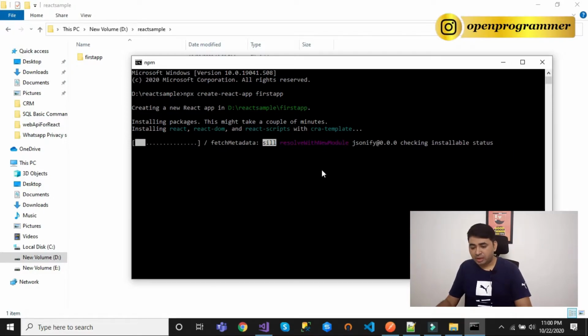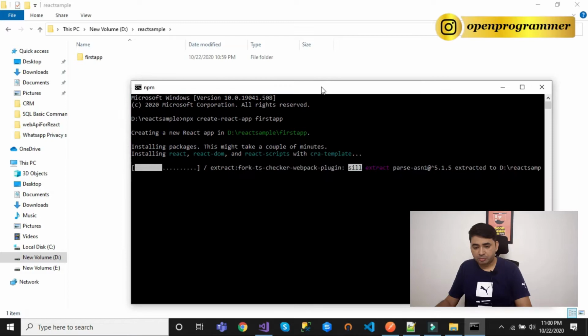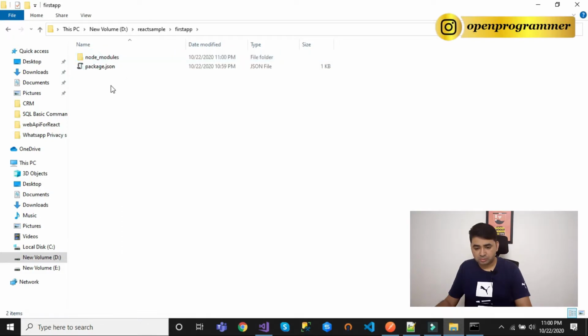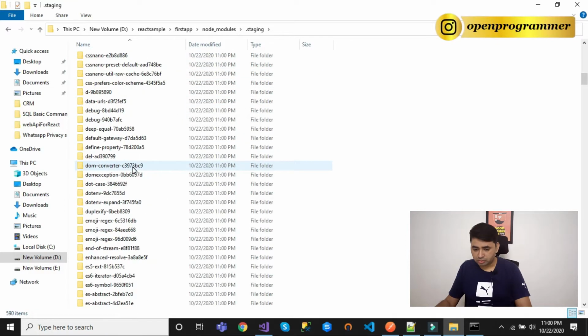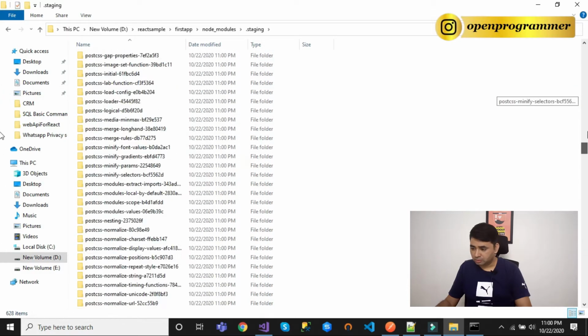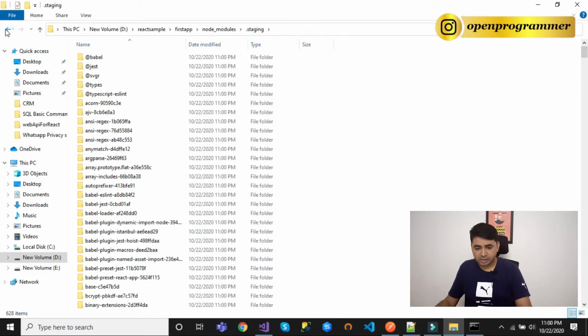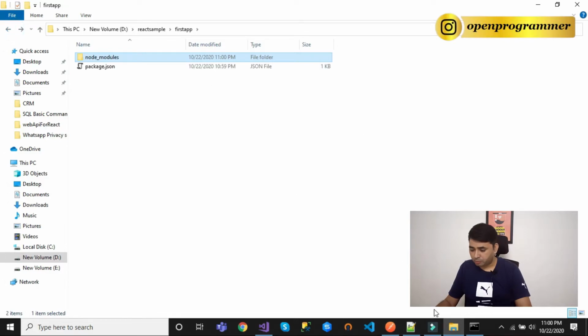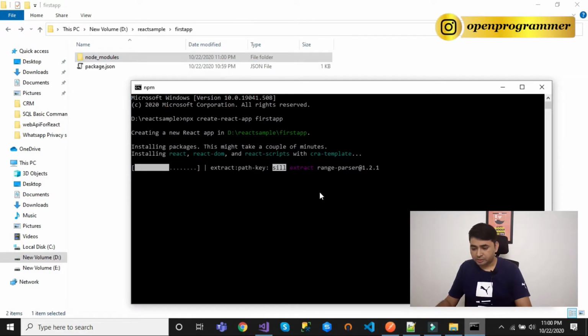It will take some time, I think 2 to 3 minutes. Meanwhile, let me go to this folder. You can see there is a node_modules folder. It is creating a lot of folders created by the command prompt command. It is still creating all the files which we will use for our React programming.